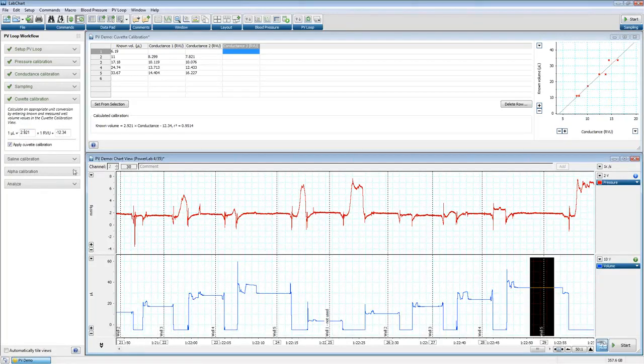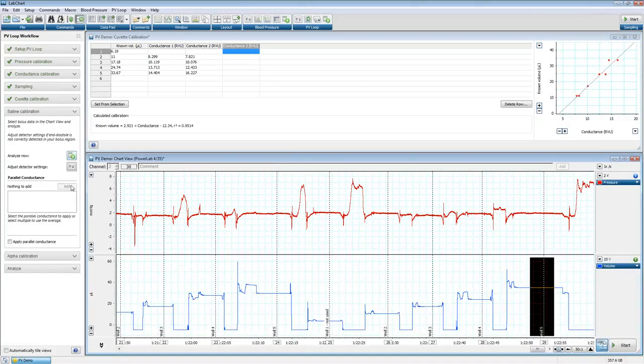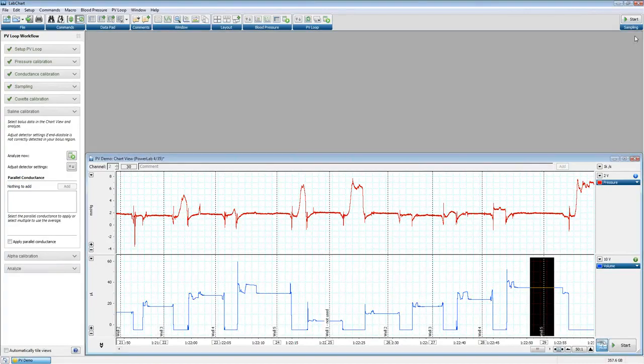So we've gone through and done our cuvette calibration. Next thing we need to do is take care of saline calibration. What is saline calibration and why do we do it? With the conductance technology, the Millar catheter, the heart wall will contribute to this. It'll contribute, and it will decrease the accuracy of your volume measurement. The saline calibration is designed to remove that variation, to remove the portion of the volume that the actual heart wall is influencing, and just so we know it's just the blood volume we're looking at. To do this, we of course need to do a saline bolus into the animal,